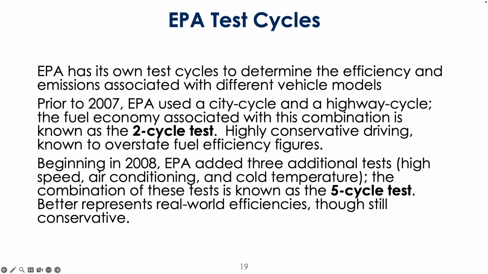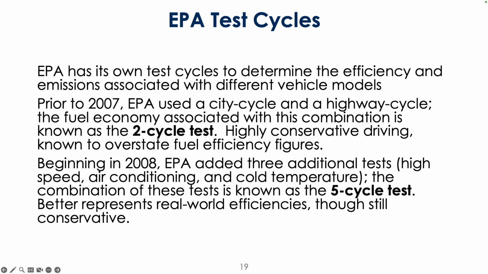So prior to 2007, EPA would use a city cycle and a highway test cycle in order to calculate fuel economies. There's a standardized breakdown. When you get a single fuel efficiency number, it's combining the two cycles, and they assume that you drive 45% on the city cycle and 55% on the highway cycle. They still use that ratio today, but a lot of times you might see them broken out into highway and city,